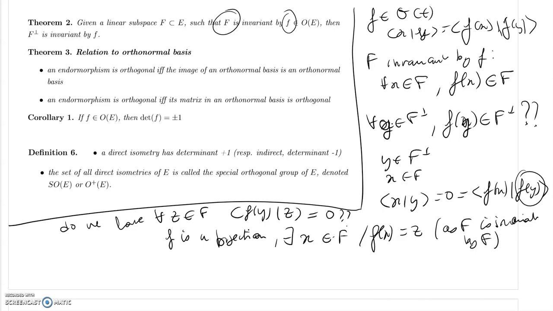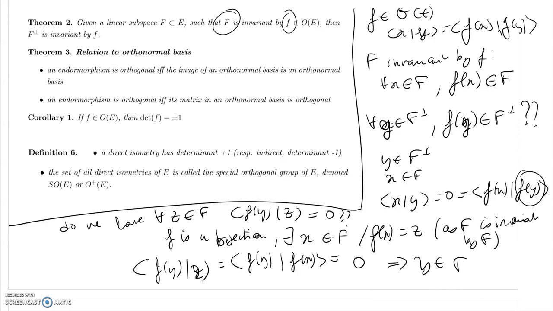And so I've got that if I'm computing ⟨f(y), z⟩, that's equal to ⟨f(y), f(x)⟩, and that's going to be equal to 0, from what we got earlier, right? So y belongs to the orthogonal